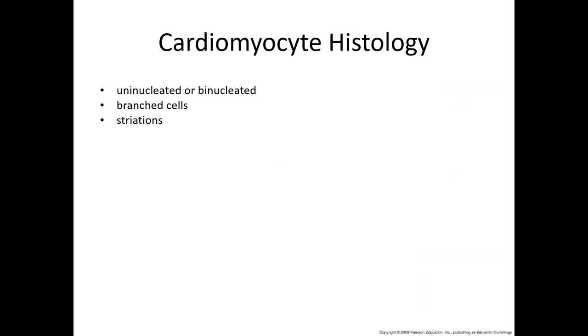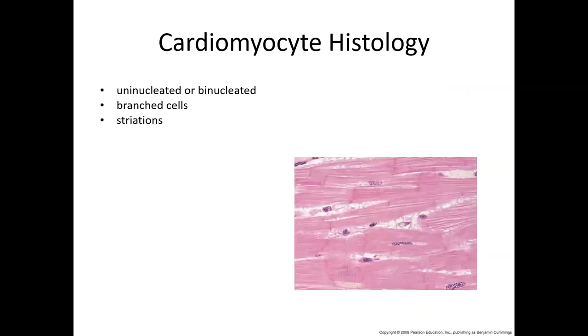Cardiomyocytes are branched, they have striations. We've only mentioned that they are uninucleated. However, I do want you to realize that a significant number of cells do have two nuclei. They never have more than two nuclei, but they can be uninucleated or binucleated, as seen in the picture. There are spaces between the cells as a result of the branching,